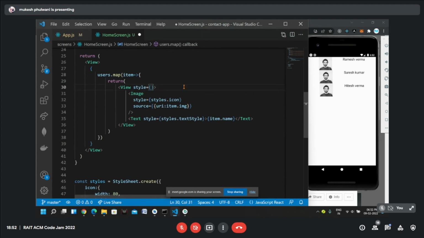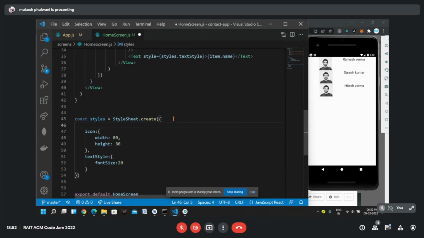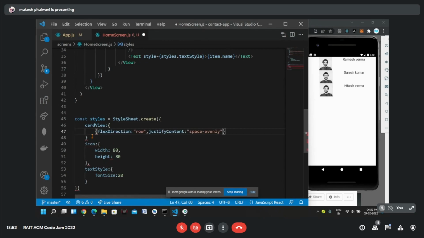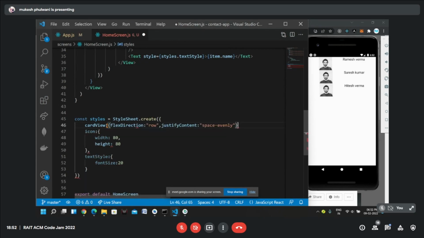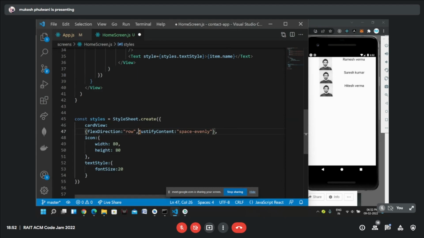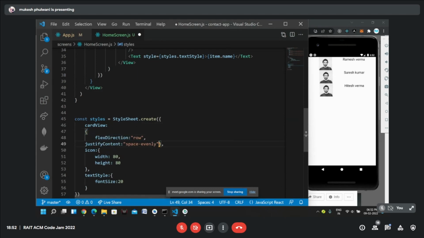Control X, and I will here create maybe a card view, and Control V and a comma here. Inline style basically makes our code a little messy.